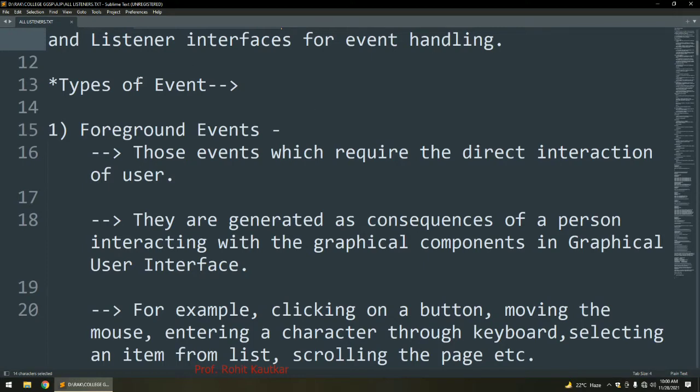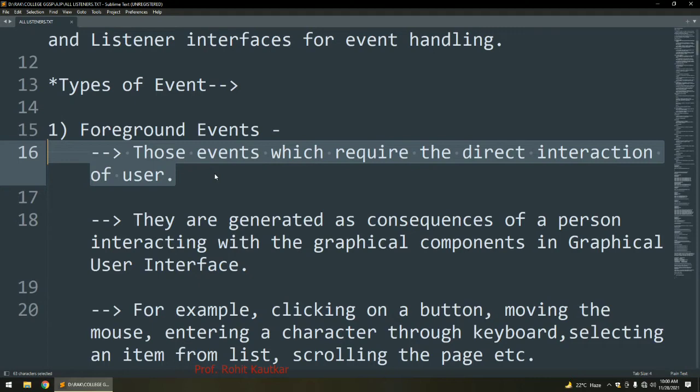Now let's try to understand what the types of events are. Broadly, events are categorized in two types: foreground events and background events. Foreground events are the events which require the direct interaction of the user. They are generated whenever the user directly interacts with a GUI component.